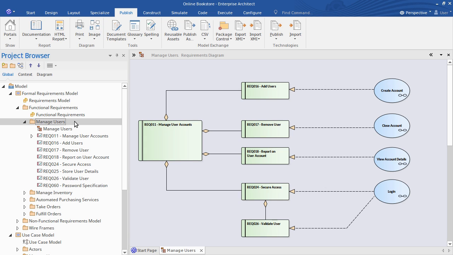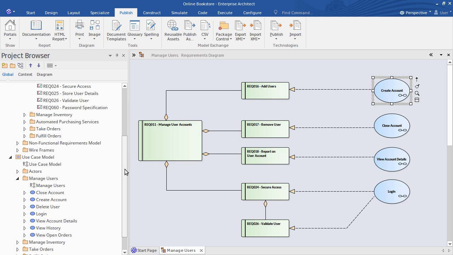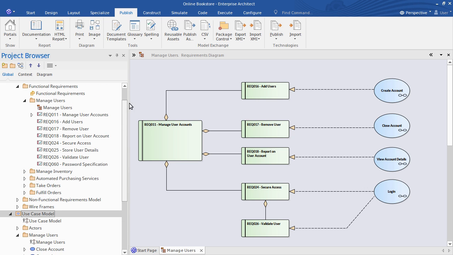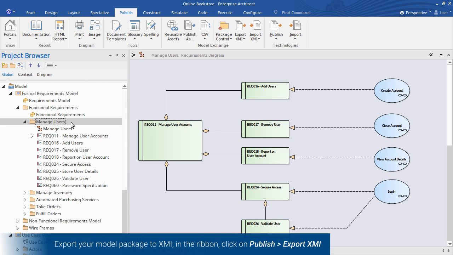To complete that task, they'll need to have some context. For example, as shown on this diagram, some of my requirements directly trace to my use case model, so they'll need to see these relationships to be able to assess the impact of their changes. But the use case elements contain confidential information that can't leave my organization, so I can't send them the entire use case model. Instead, when I export the requirements package to XMI, using the Publish ribbon here,